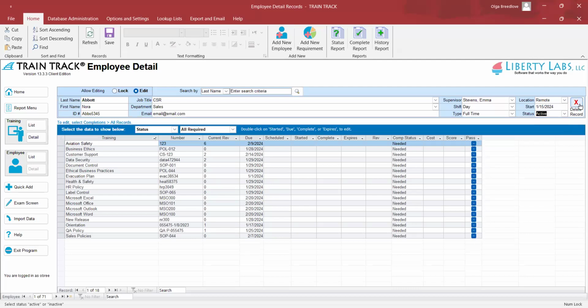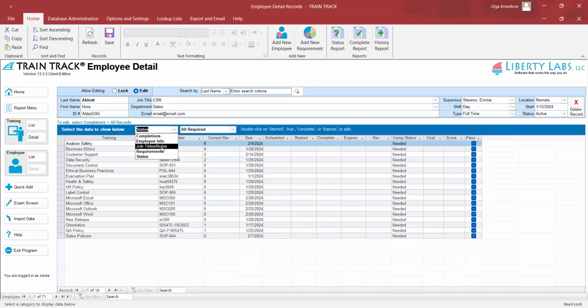You can also delete an employee if you would like, and keep in mind that there is a way to restore deleted employee and training records, and all the completions and requirements will be restored along with the record. Down below, you will see all the relating information about the employee that you are reviewing. So you can select if you'd like to see their status, their requirements, their completion records, employee info, and job